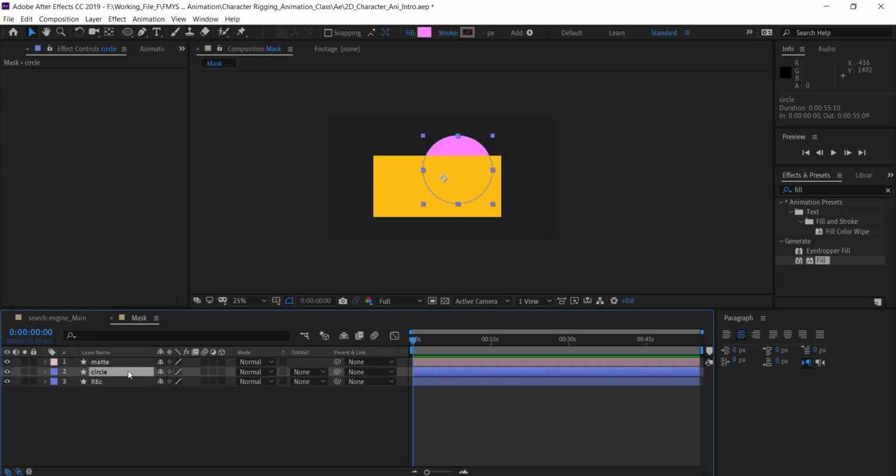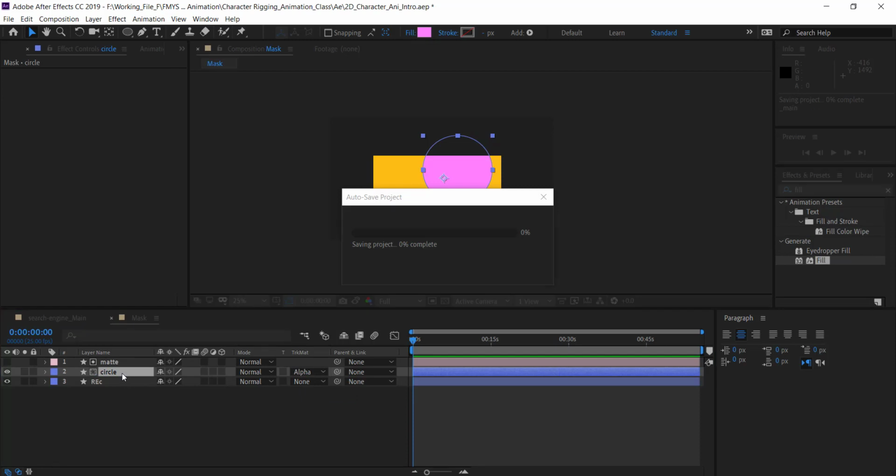So with this now, I can afford to take the circle, make it, yes. So there are 4 options here. There's the one called alpha matte. Alpha means we are using the color system that it has, the color it has to do the cutting, to do the see or not. So when it says alpha matte, then invert, then see. What do I mean? Once I say alpha matte,